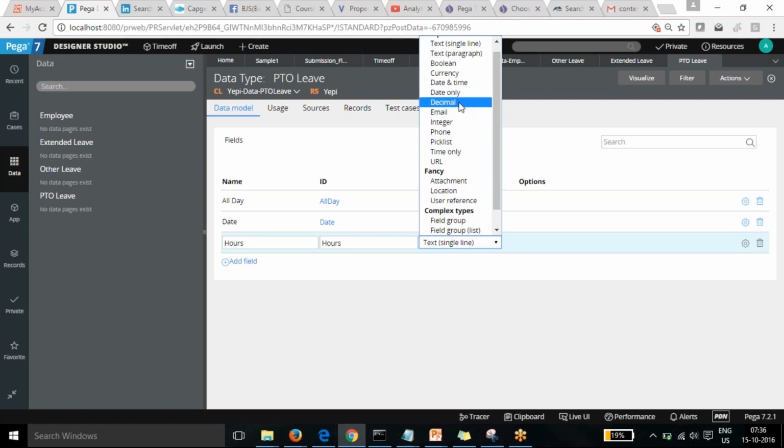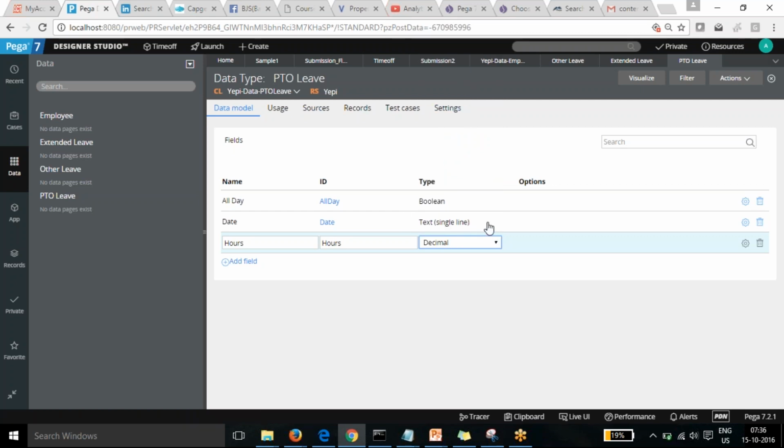For this one, if I go for decimal, see the date actually now changed to text, so I need to delete it and recreate that one. Once it was defined, the type cannot be changed for the properties. So there is a limitation in Pega. You need to delete it and recreate again.